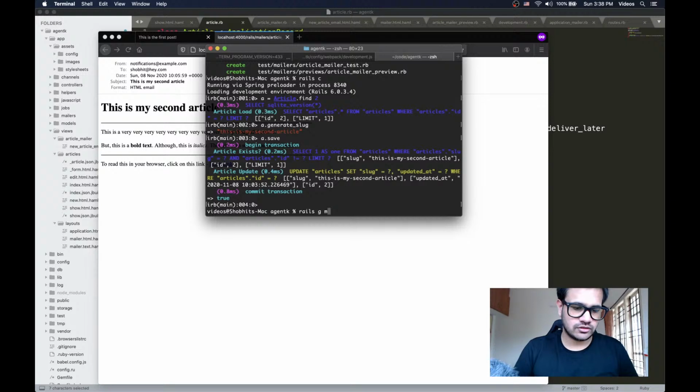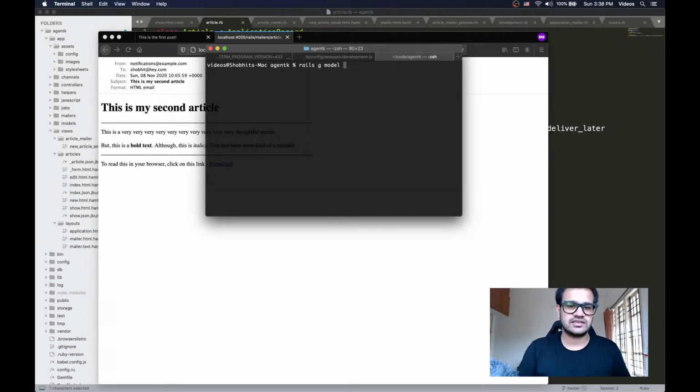So we go to our trusted terminal and we generate a new model called subscribers. Obviously email is one of the fields that we want to keep. We have created at, we should have a verified value, and okay, so let me just say verified boolean